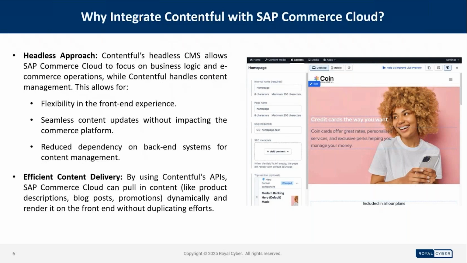Unlike the traditional CMS solutions that are tightly coupled with the front end, Contentful is headless. That means SAP Commerce Cloud can focus on what it does best, handling transactions and business logic, while Contentful takes care of the content management side of things. So this gives us more flexibility and